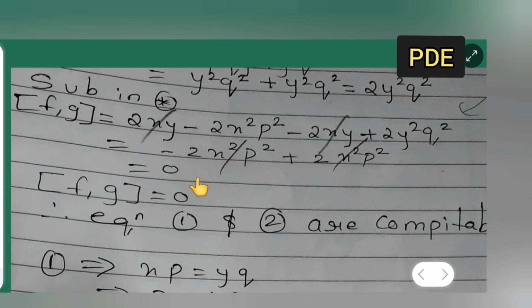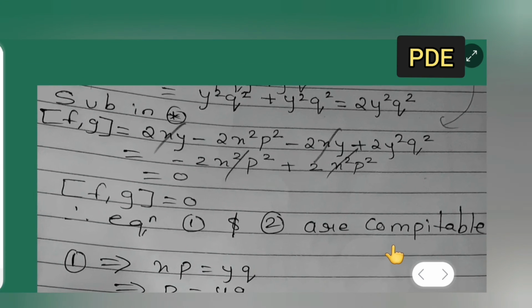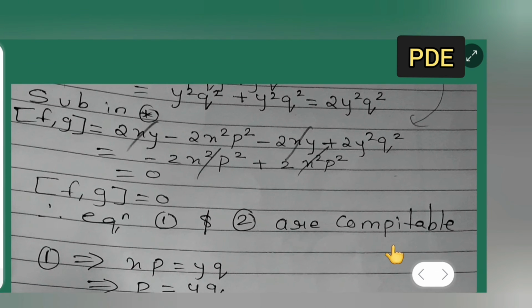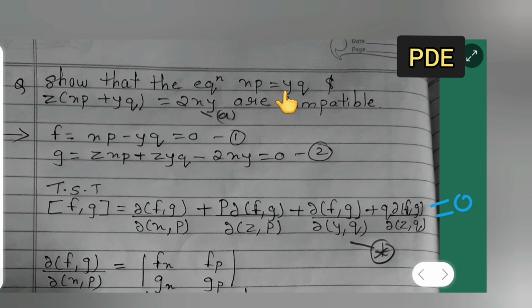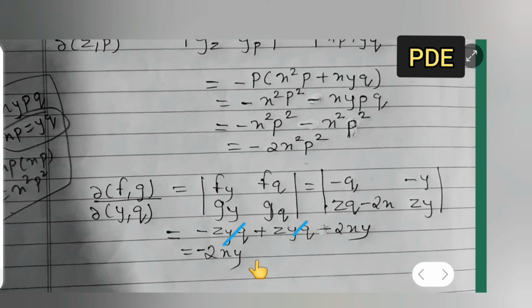So minus and plus will get cancelled. So f comma g is equal to what? Nothing but 0. So equation 1 and 2 are compatible, right? I hope you can see it clearly. So these two equations, equation 1 and 2, are compatible. Okay. Now what I'll have to do is,